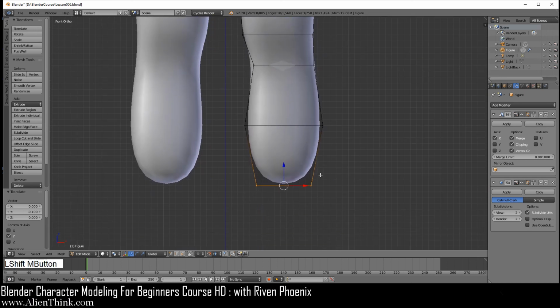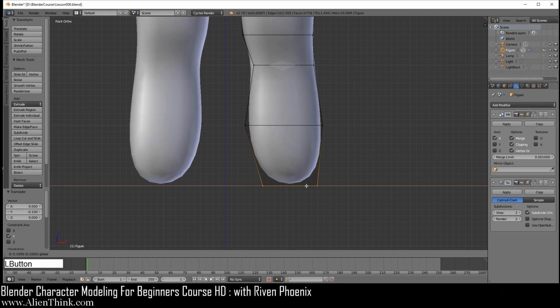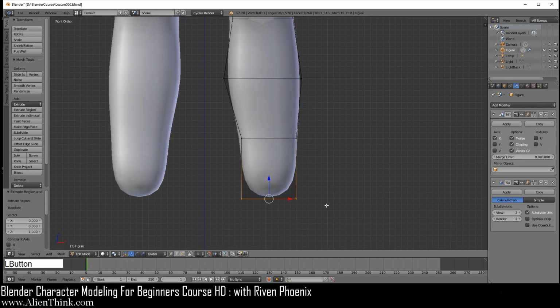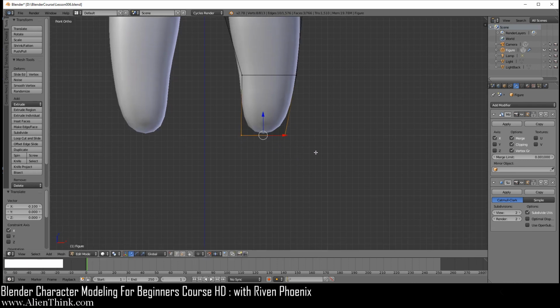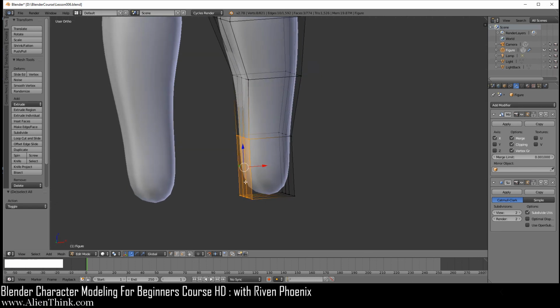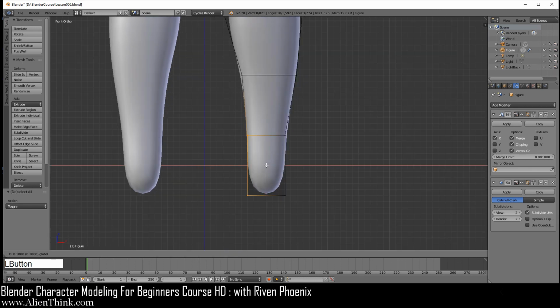Go to your front view. Now you're going to move this to the right 1 time. E to extrude, 1 grid unit, scale 1 and then 2. Let me do that again. Scale 1, 2. Move it to the left 1 time. Then you're just going to simply E to extrude and come all the way down. And A to D select, press C and click on these vertices over here, front view, and just take it to the right 1 time over here.